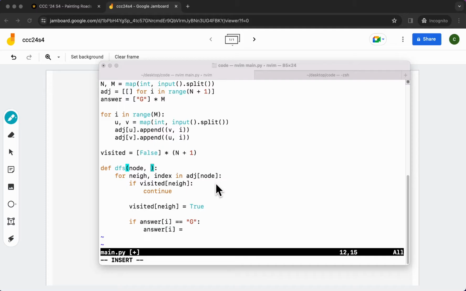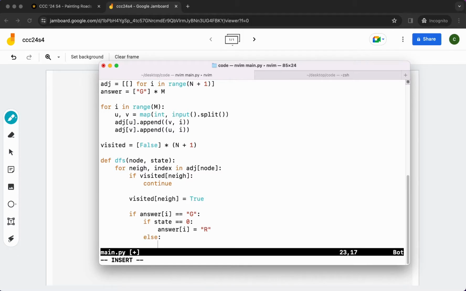So let's just call this state. And then this state we'll just make either 0 or 1. And if it's 0, we'll color it red, and if it's 1, we'll color it blue. So if state equals 0, then answer i will be colored red, and then otherwise